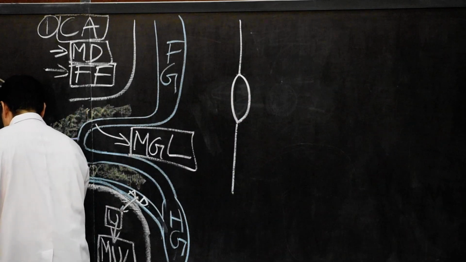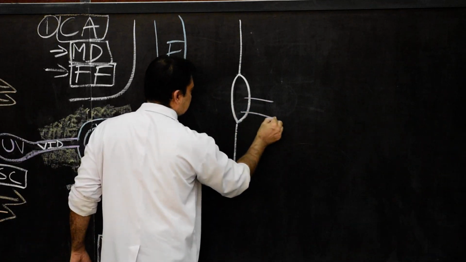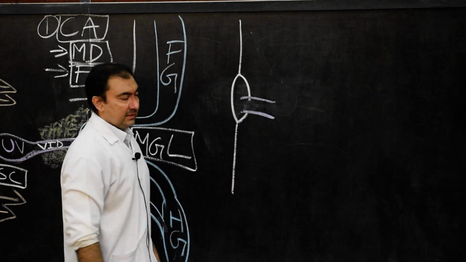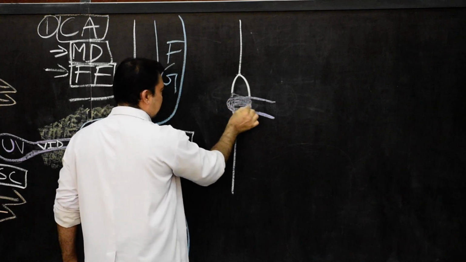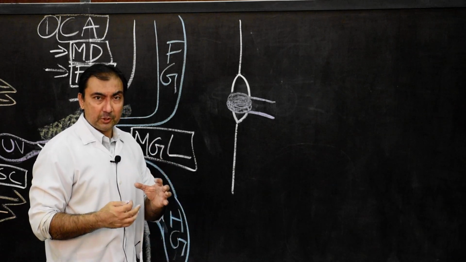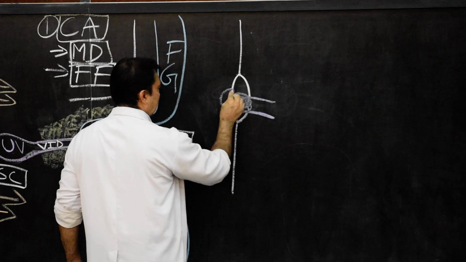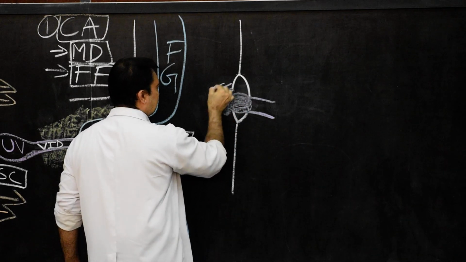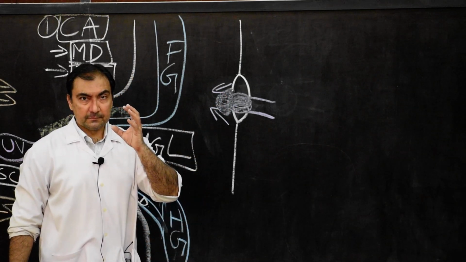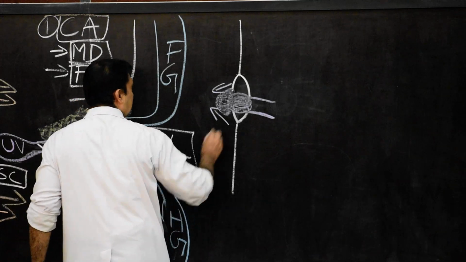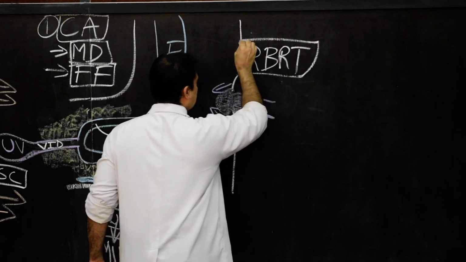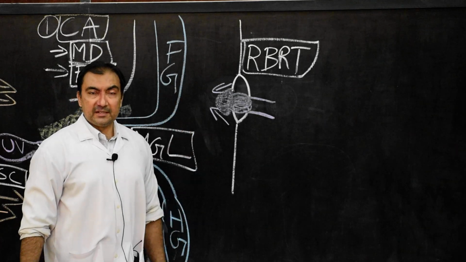So at the distal point, here if I show, if at this distal level there is persistence of the distal end of the vitellointestinal duct, there will be continuous mucus discharge at this level, in such a way that this mucus discharge, because of the pressure it is creating in the abdomen, will evaginate outside the umbilicus. As it goes on evaginating outside the umbilicus, it will develop into a reddish tumor. And those cases are known as the raspberry red tumor. So this one will be the fourth congenital anomaly.